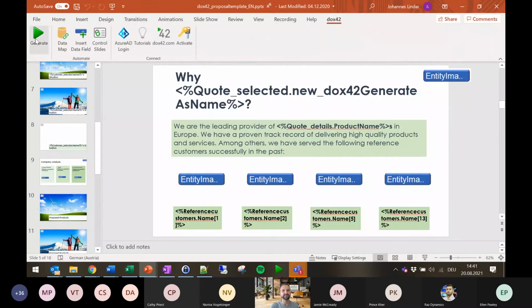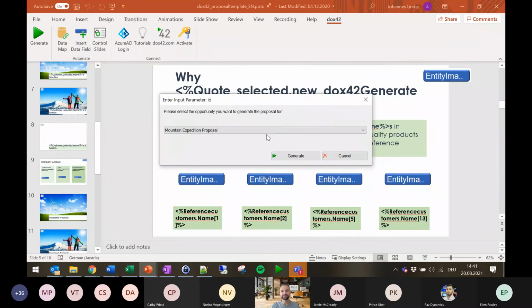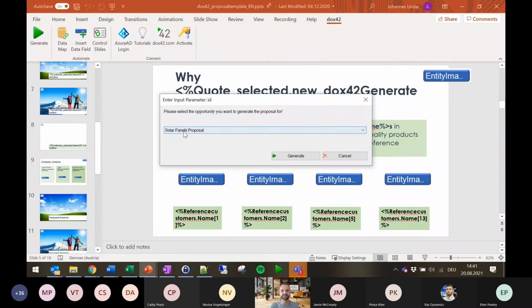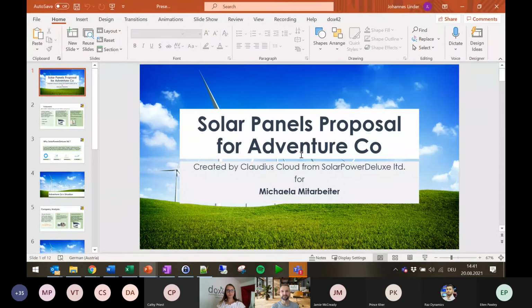And if I again open this here, generate that document right away, it will then have the what you see is what you get experience locally again, with the option to again select a quote, for example. And we of course will take the solar panels proposal. Yeah, and that's the document we already got multiple times now, this case also locally. I think I'm basically complete with my live demo part.